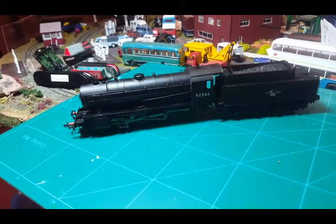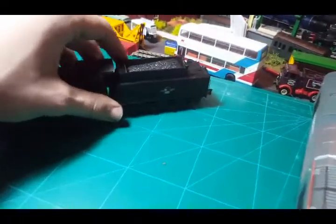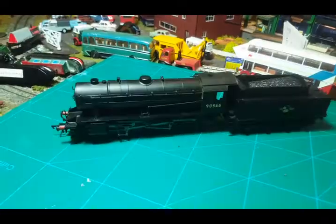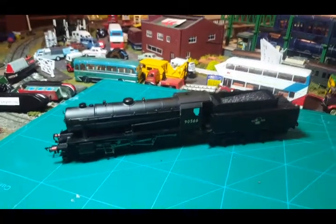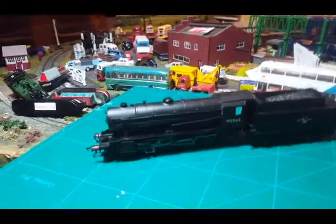It's pretty much brand new. It hardly ran. I think all the detail pack was on. I'm just trying to check now if the brake rigging for the tender was on. Yeah, okay, there's no provisions for tender brake rigging, so yeah, all the detail pack was there, which are fitted,